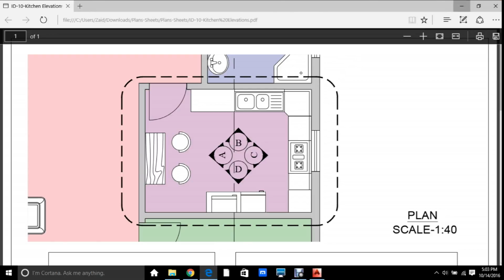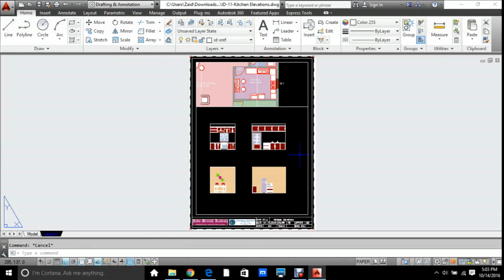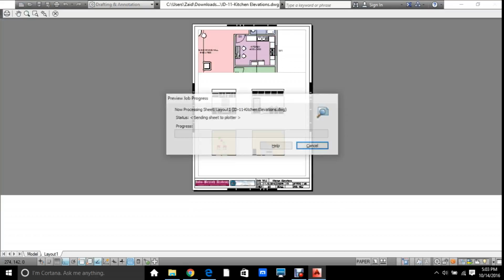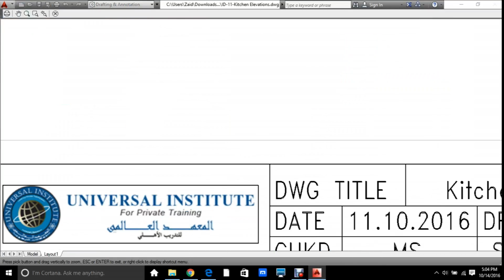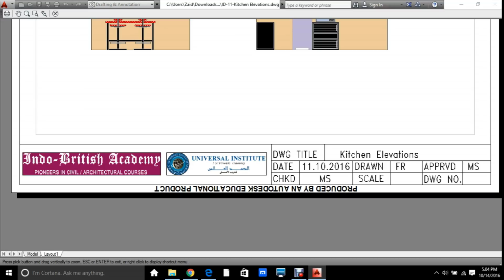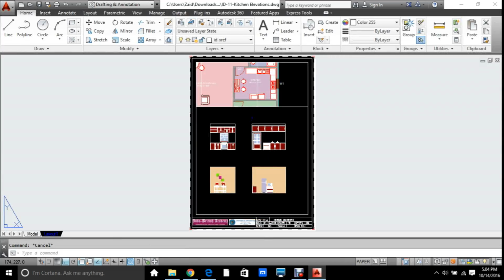Okay, and after that, review. You can remove the image frame, and then it will be ready for printing, of course, after you fill up the scale and the drawing number. Okay, so